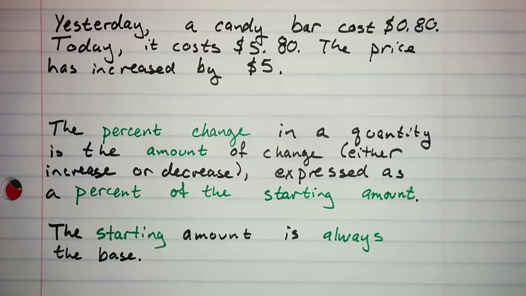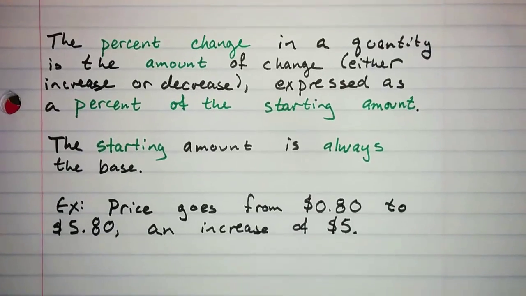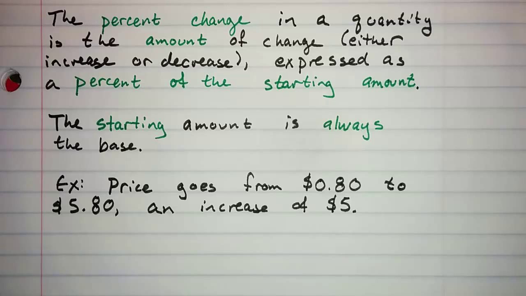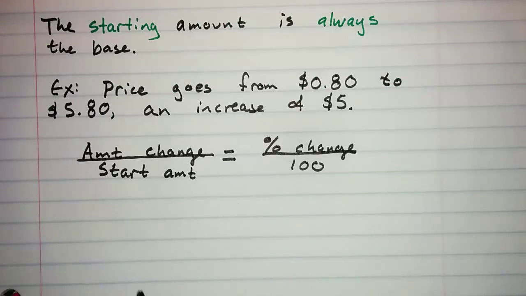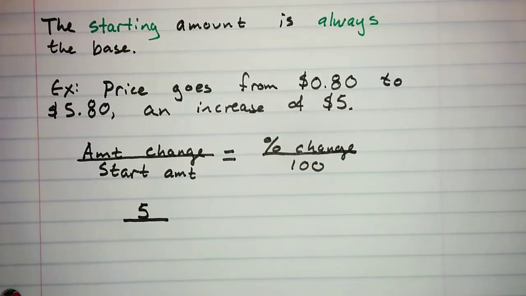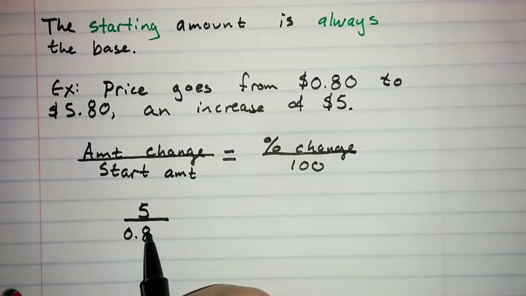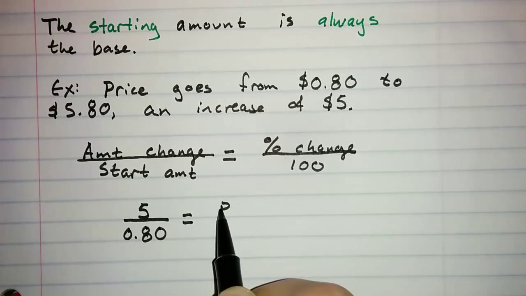So for example, when the price goes from 80 cents to $5.80, an increase of $5, then as a percent change, we have the amount change over the starting amount is the percent change over 100. In this example, the amount change is $5. The starting amount is 80 cents, and that should equal the unknown percent change